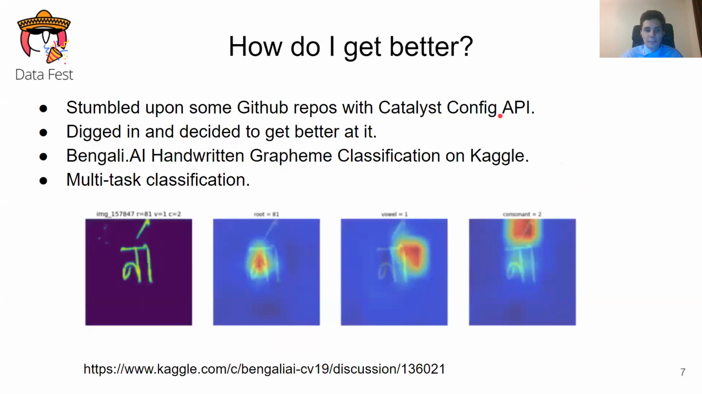So how do I get better? Well, after I finished the first competition, I stumbled upon some GitHub repos that were using the Catalyst config API. And I will tell you what a config API is in a minute. So I dug into the config API and decided to get better at it. And there was a Kaggle competition